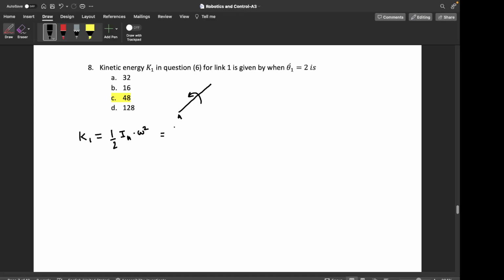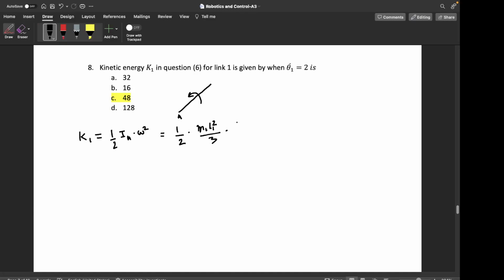So this will be half, and as I mentioned, the moment of inertia of a rod when it's rotating about one of its ends is ml square by 3,